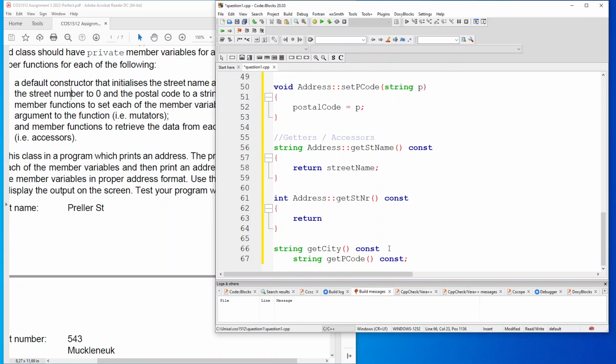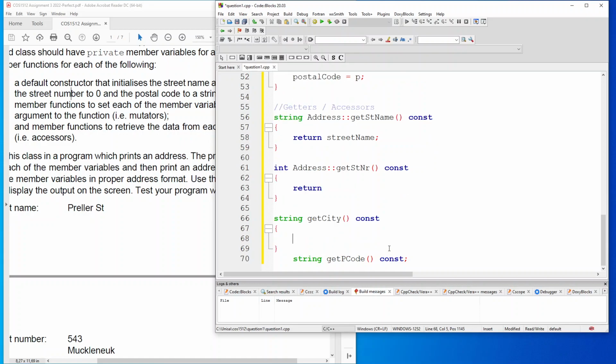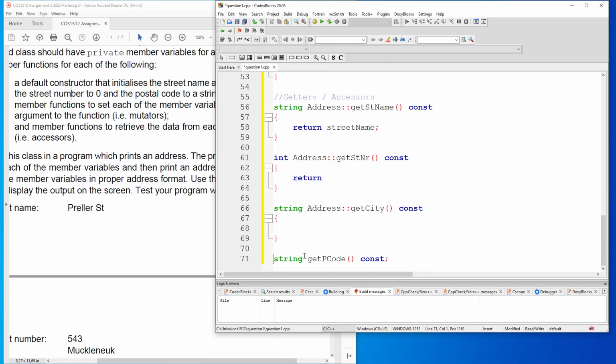String there, there, copy this to there, we can do that one there like that,